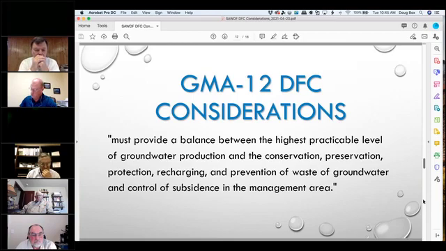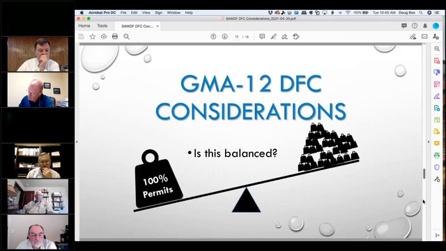So you have to balance, and you all know this by heart, so I won't beat that horse. If we go to the next slide, please. What I just, and I should have added to this: your formula, the way you're using the GAM to reverse engineer the DFCs, is doing 100% to the permits and nothing. There's nothing in that formula that accommodates